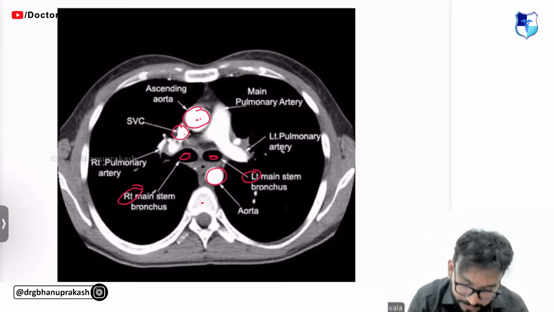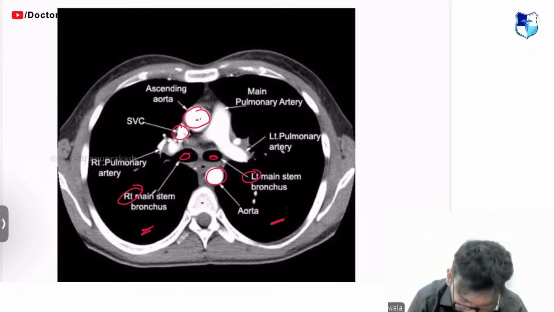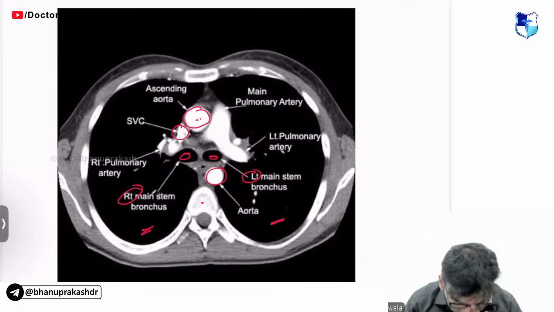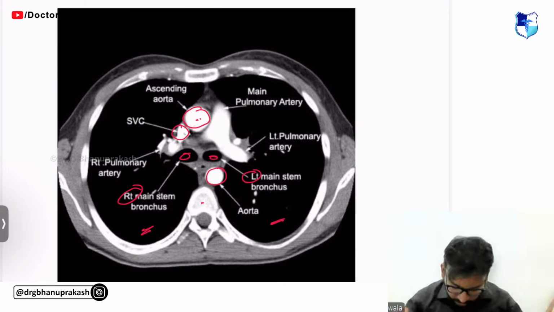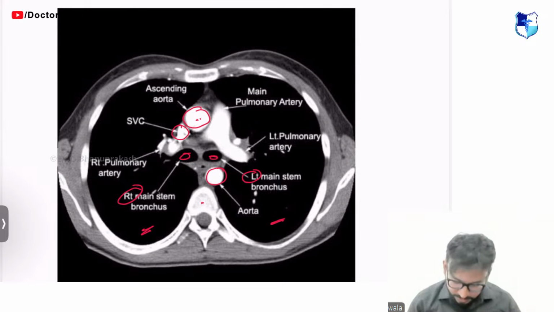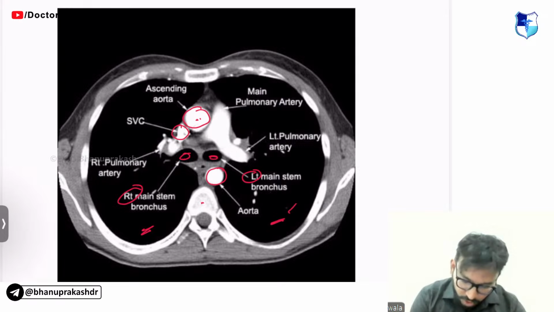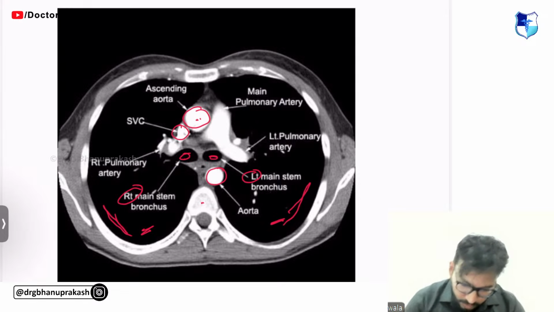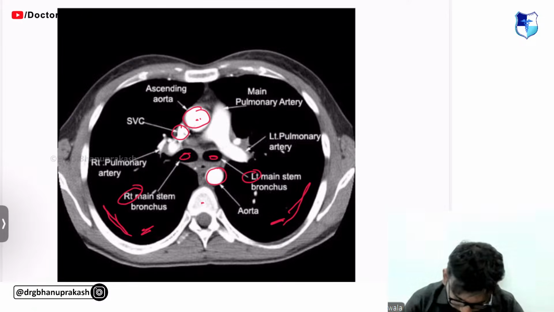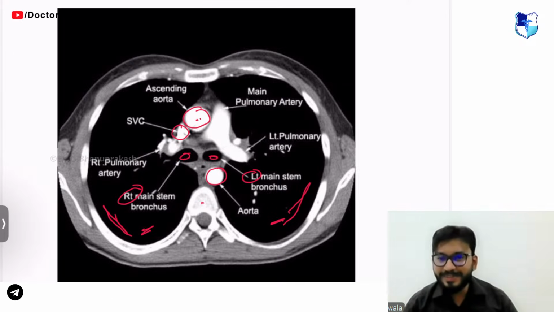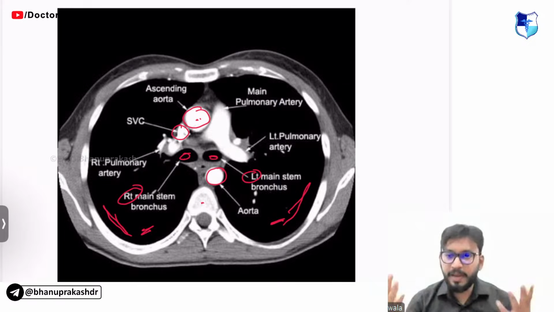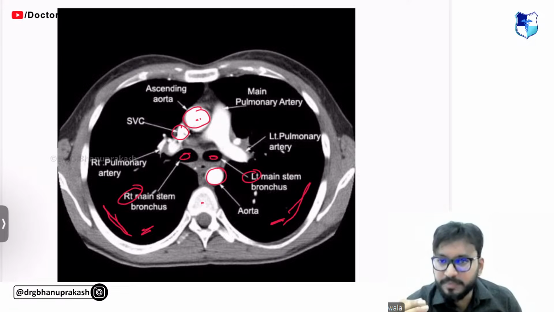Okay, right. What is this pitch black structure on either side of the heart, which has air? Come on, guys. What is all this black that you see? Yes, it is the lungs, obviously. It has air. It is black. You see how we're using basic concepts, guys. Basic. Air is the best friend of CT scan. Anything you see pitch black on a CT scan is air.